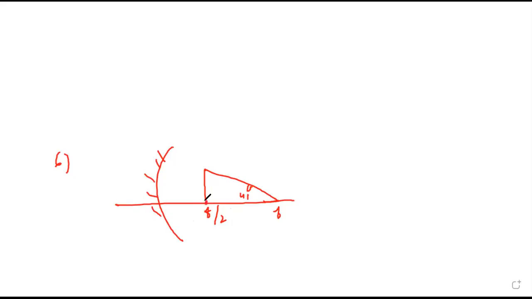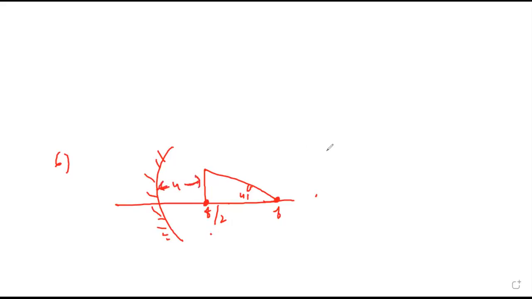If I consider this position as one object and this position as another object, then I can get image distance. If this is object distance taken in first case, this can be taken in second case, then I will find where is the image in the other two cases and we'll join with this line. As per that, we'll get required condition. So this is f by 2. Object in first case is at f by 2, correct?